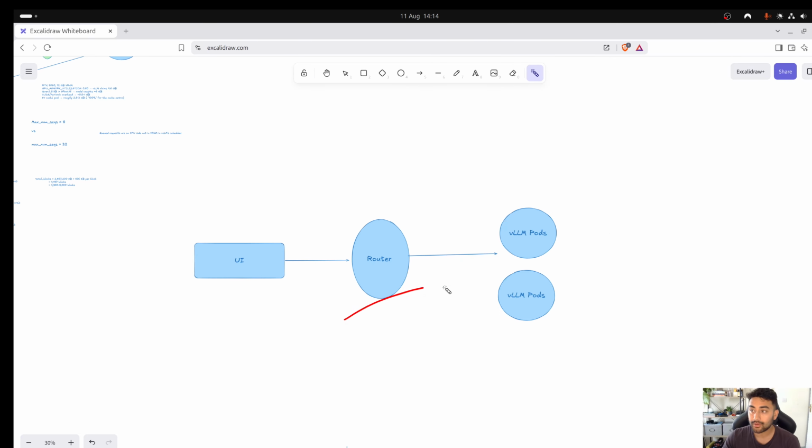Hey folks, welcome back. So in my previous videos, I've been building an LLM inference platform, like running models on rented GPUs, building an inference router that can route requests between different backends based on the metrics, and then putting a Grafana dashboard on the whole thing, right? We had a UI as well that you could use to interact with the cluster, but that wasn't really